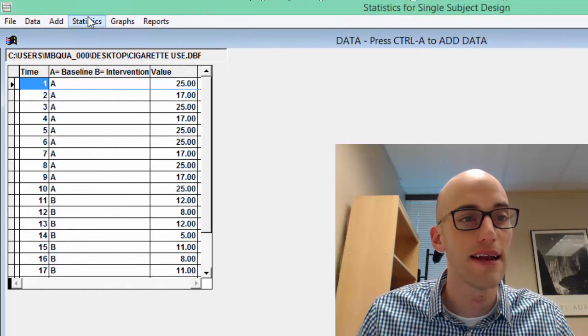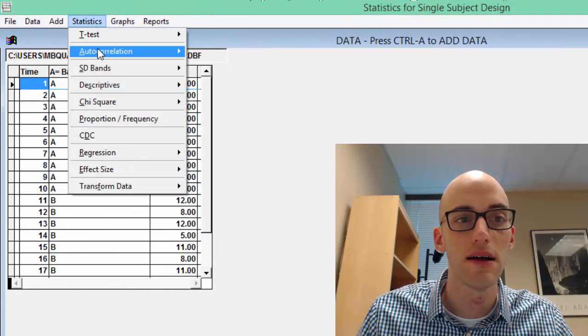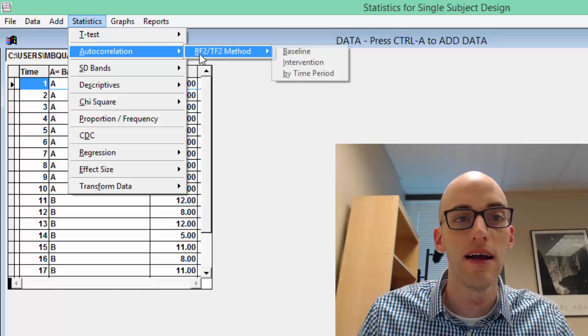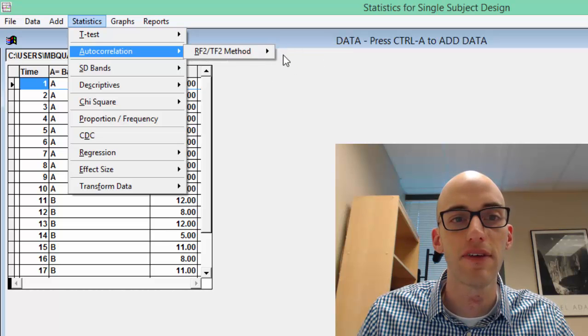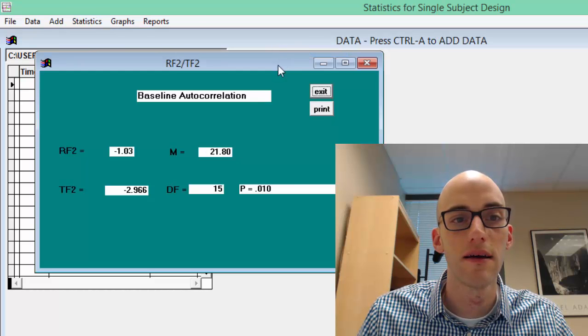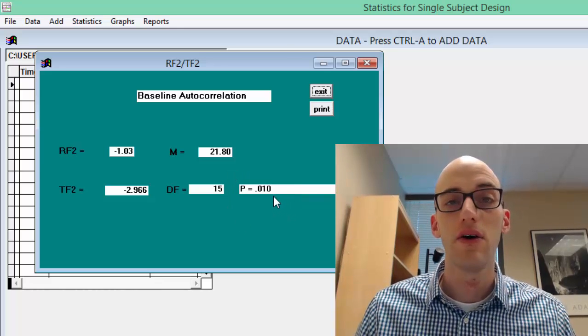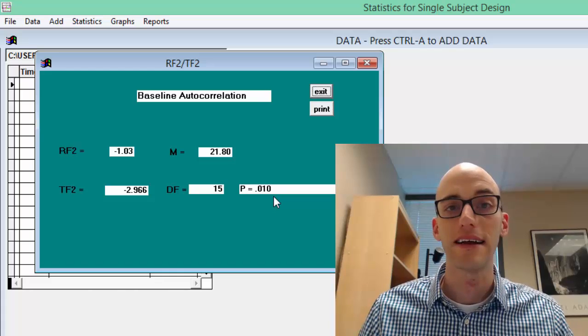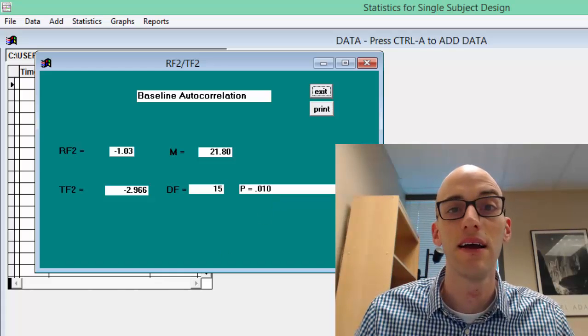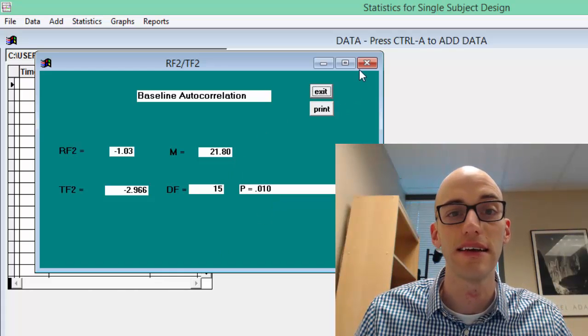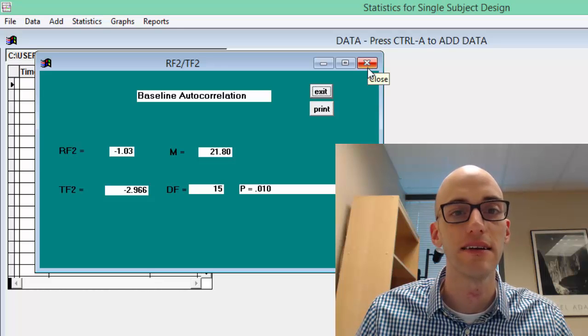And the way that we do that is click Statistics, Autocorrelation, and check for the baseline first. And this p-value is less than 0.05. So if you'll remember back to our autocorrelation exercise from earlier in the semester, we can just do moving transformation here, or moving average transformation. So I'll close this out